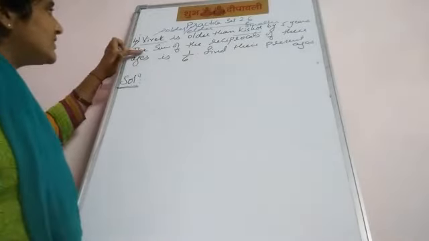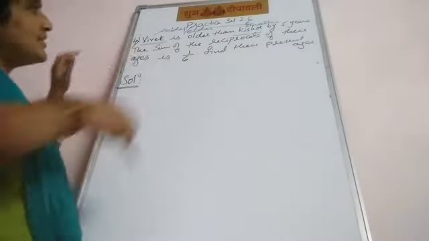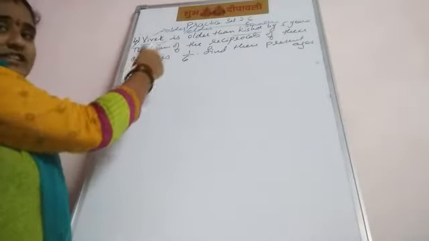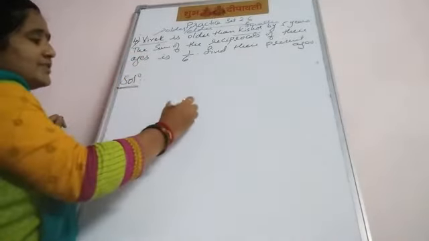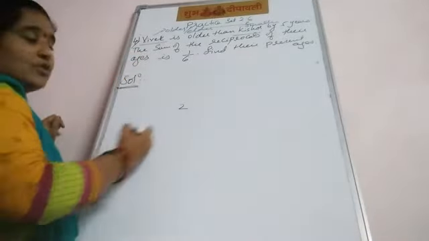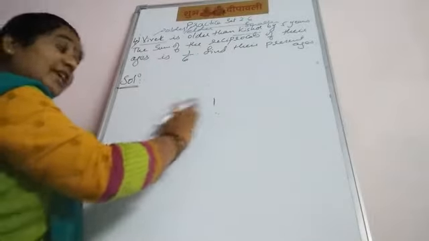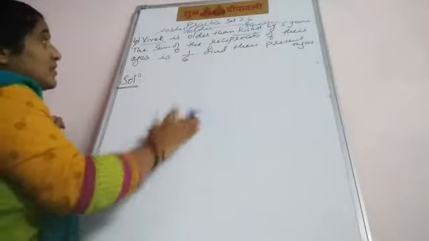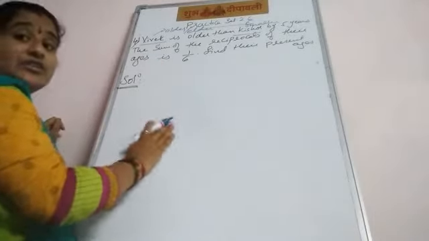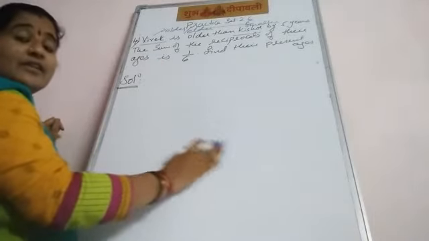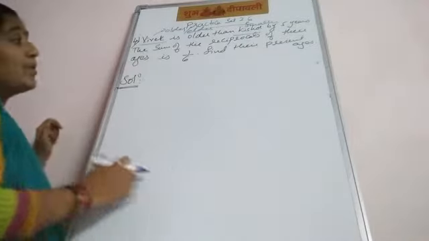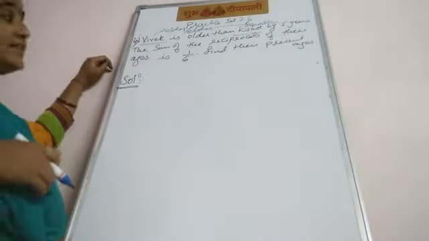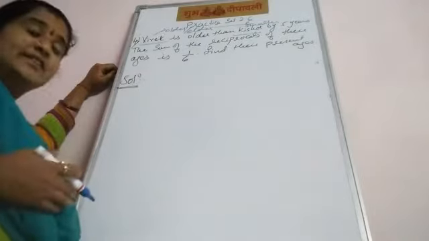So now, the next line, what did he do? Sum of the reciprocals of the ages. Reciprocal, you know. If 2 is there, what is the reciprocal of 2? 1 upon 2. If x is there, what is the reciprocal of x? 1 upon x. So the Vivek age and Kishore age reciprocals, sum is what? Addition. The addition is equal to 1 upon 6. Find their present ages.